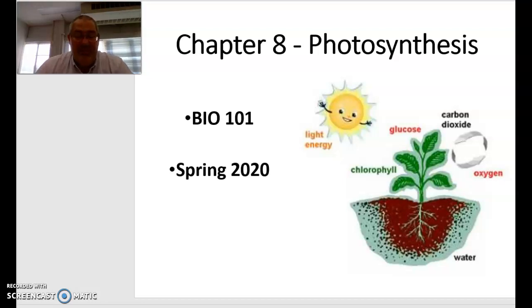Good morning. Dr. B here with you again to finish up photosynthesis. We're going to talk about different means of producing ATP energy using pigment molecules such as chlorophylls in this particular